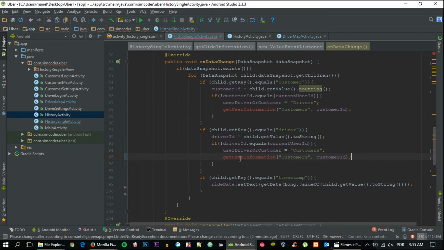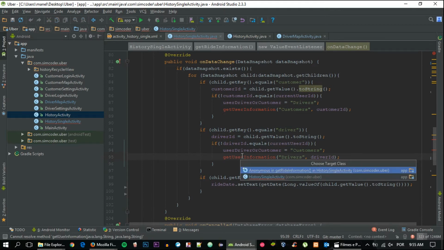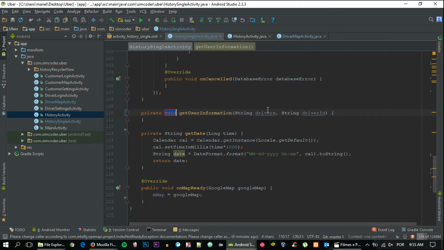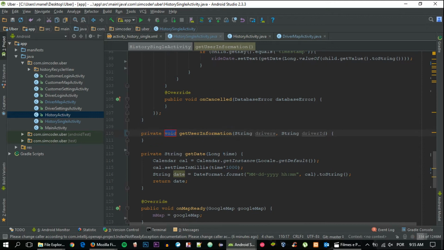And next up, you are going to create again for the driver, because if you are the customers, we are going to show the driver, and if you are the driver, you are going to show the customers. So we need both of them, and this is just to make the distinction between the two. So driver ID instead of customer ID, and simply click Alt Enter and create the method. Okay, and now we are going to change the names that are displayed here, because the way they are, they don't tell us much. So other user, driver, or customer, and this is the first argument, and then other user ID,